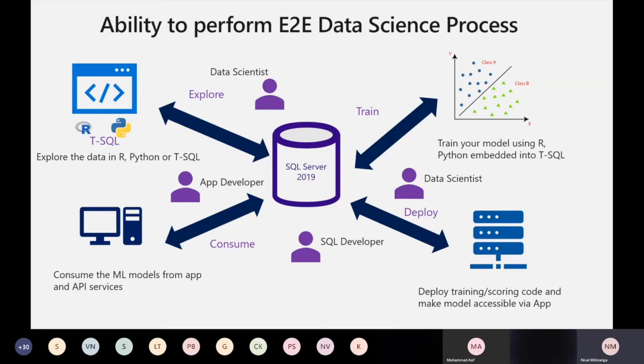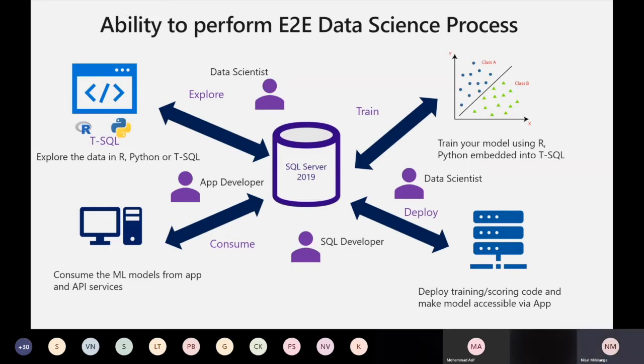I see a lot of flexibility in this diagram, because even for deployment, the role is the SQL developer or DBA who can deploy the machine learning model. When you deploy it, I will show you in the demo later, we can write a simple standard T-SQL stored procedure